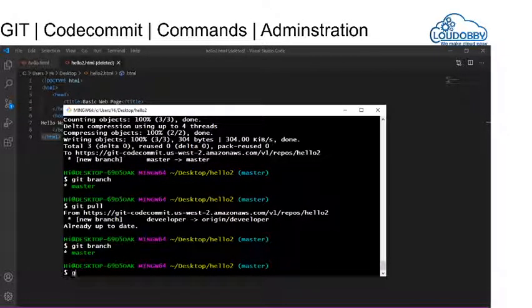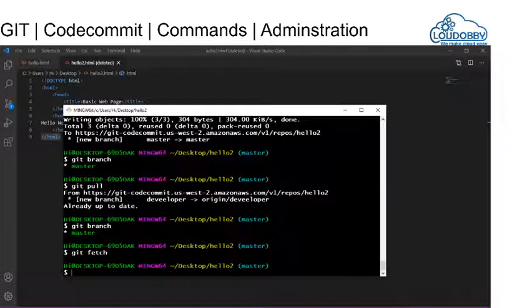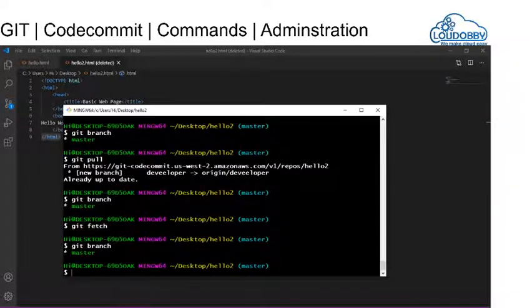So what you have to do is git fetch again. Now try git branch again. Again you see master because you are in the master branch. So you need to give git branch developer.